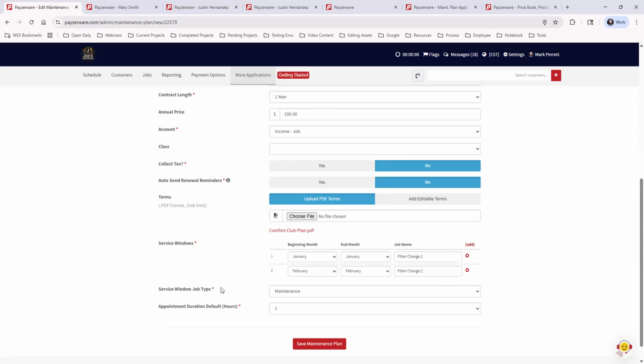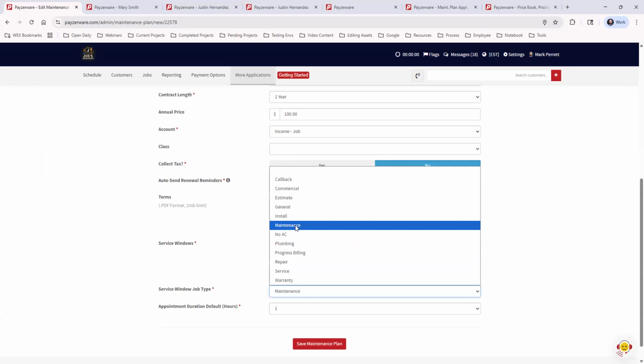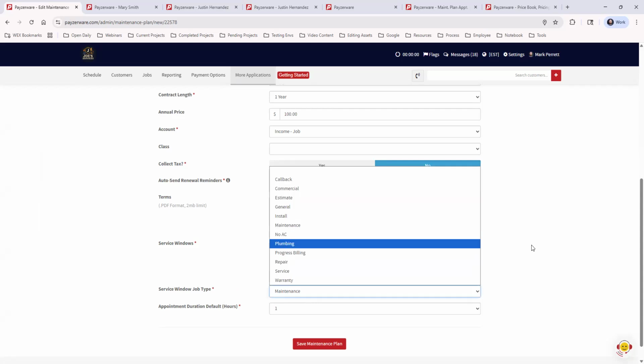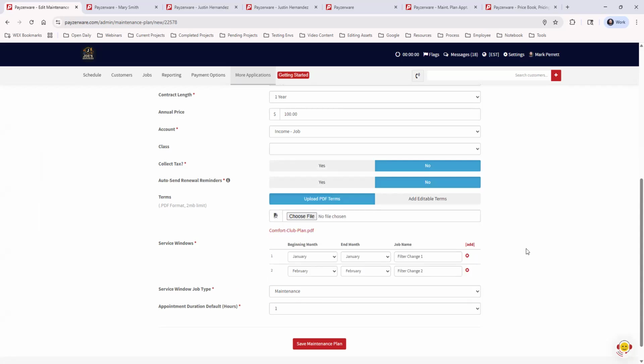Last two things here, service window job type. Whenever you add this maintenance plan, this is going to create a job in your system for each service window. And the job type that those jobs take on, you set here. By default, if you're brand new in the system, you do not have a maintenance job type. And so just as a tip, if you want to update and add your own job types, like adding a maintenance job type so you can tag all of your maintenance visits with a maintenance job type,